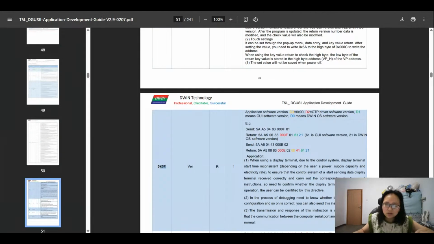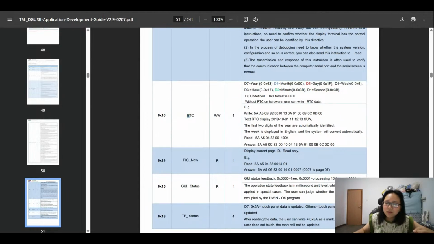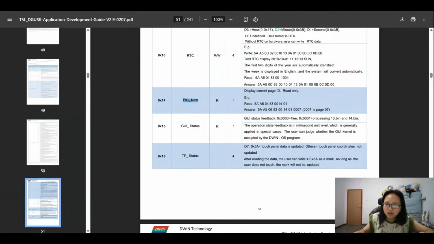We normally use this command to check if the display has communication. If it returns this, it has communication. This is for the RTC. If there is no hardware RTC in the display, you will use this command to write the RTC. This is for reading the current